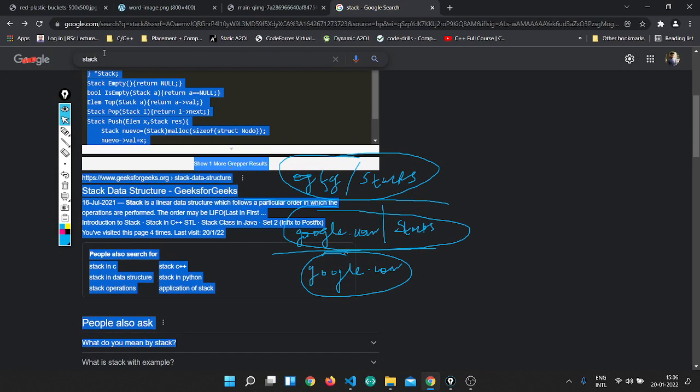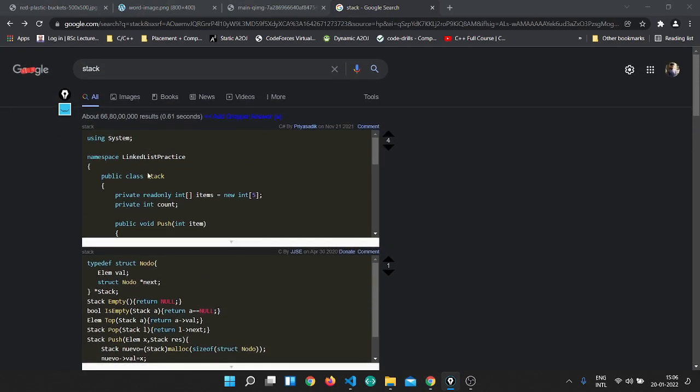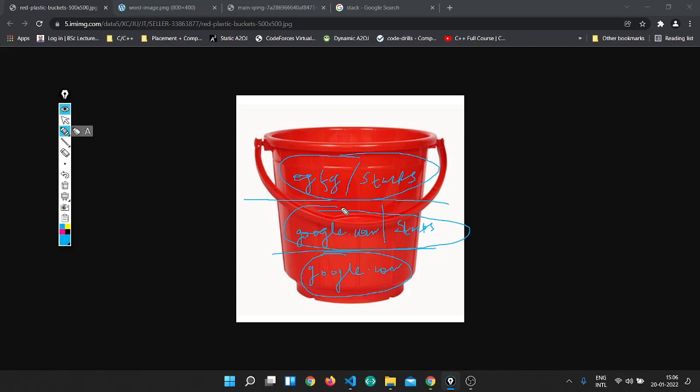The Geeks for Geeks page is gone, and now we can see just this google.com/stacks page. It is a long URL, but to understand, I'm using stacks. So this GFG/stacks page was gone, and now we can just see the google.com